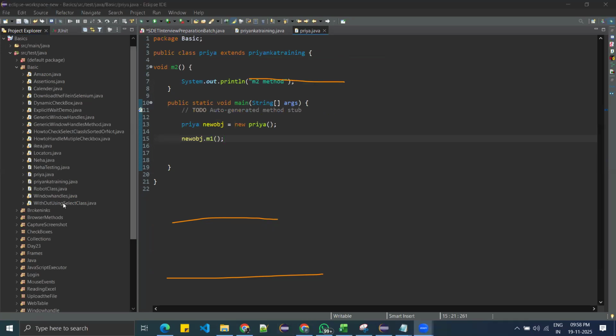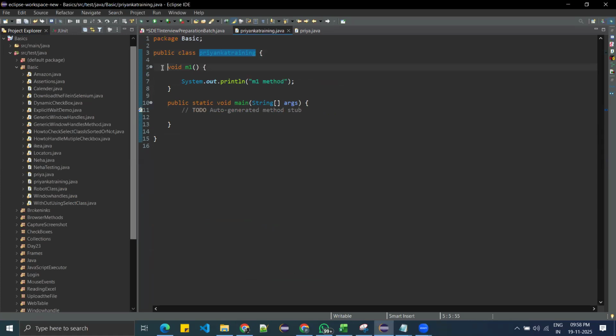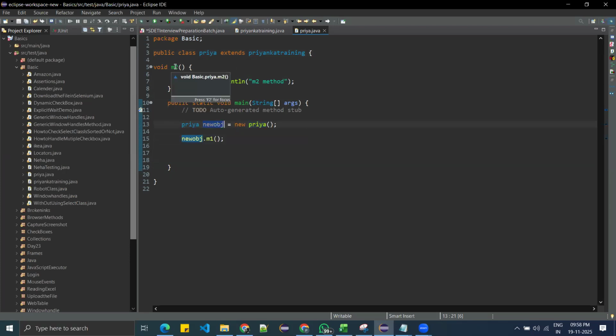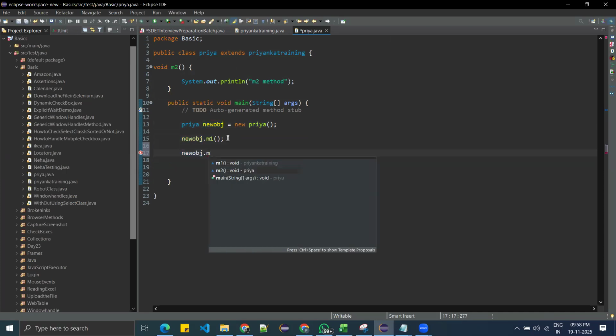So what exactly has been happening here? Priyanka has created one class, that is Priyanka training. The void M1 is there. If you want to use this void M1 in another class, I do extends Priyanka training. I can create void M2 here also. I have to create an object for my child class. By using the child class, you can call your parent class method as well as the child class method. This is the importance of inheritance: code cleanness, and you can avoid duplicate code and unnecessary things